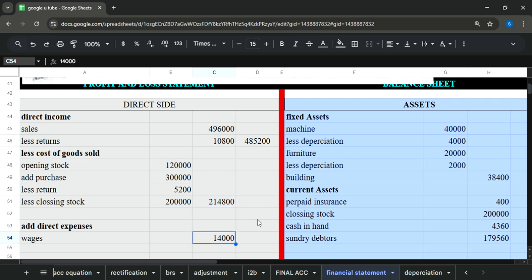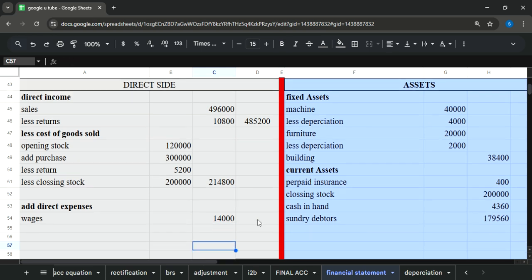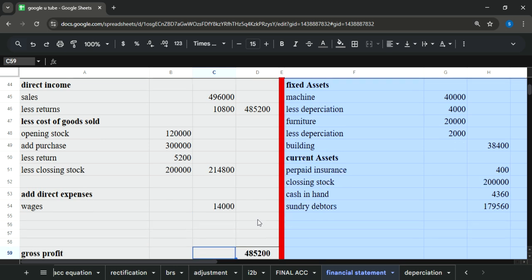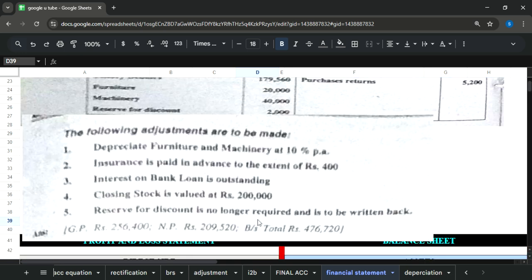And then there is only one direct expense. It means we are ready to calculate the total amount of cost of goods sold first and then add direct expenses. So guys, we have got our total cost of goods sold. Gross profit is 256,400